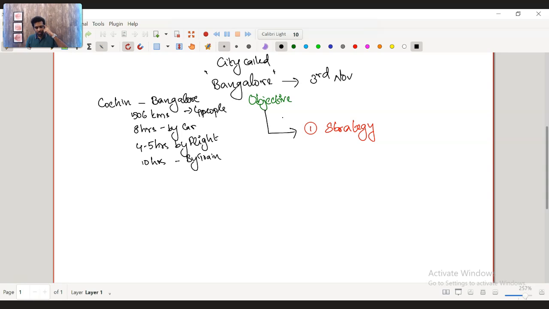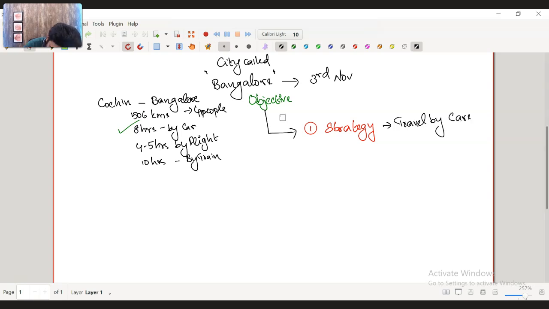Now, when I'm choosing, I want to go to Bangalore by car, I'm going to choose this. Why? Because definitely for me, it's my own car. So I just have to bear the petrol expenses, and the roads are really good. I can reach early and I can travel at my convenience. I can drive around the city easily over there. So that's the best choice for me. So I have fixated that I will travel by car.